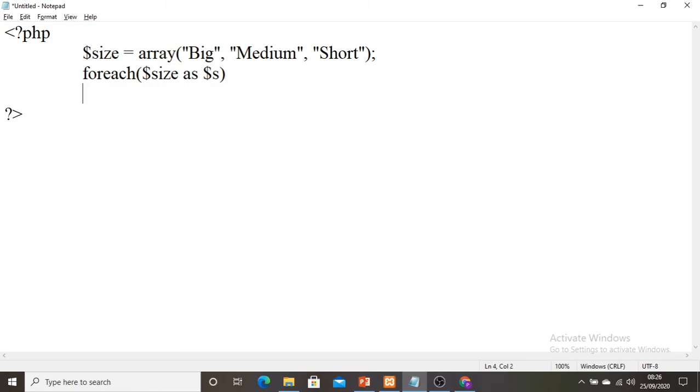Here I am printing echo, size is, that is what I am printing, $yes. I will use the br statement to break the line. Right. Okay, so let me save the file first.